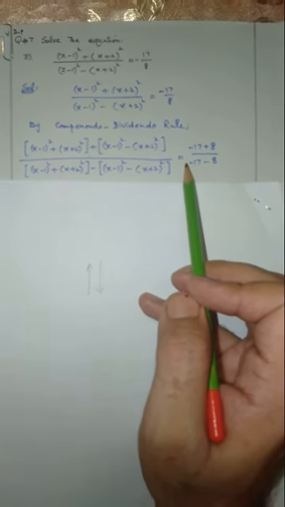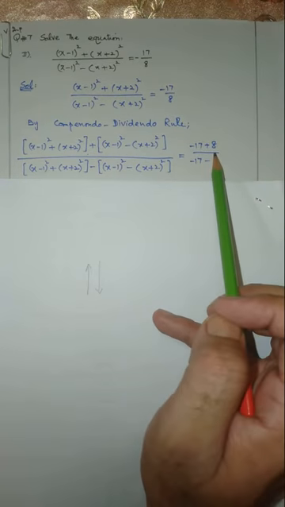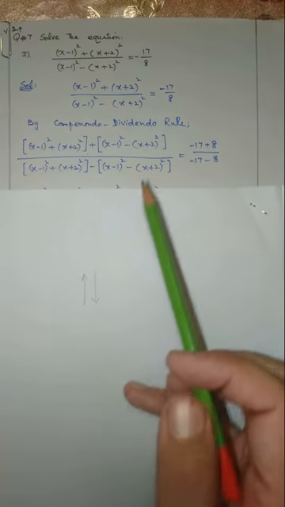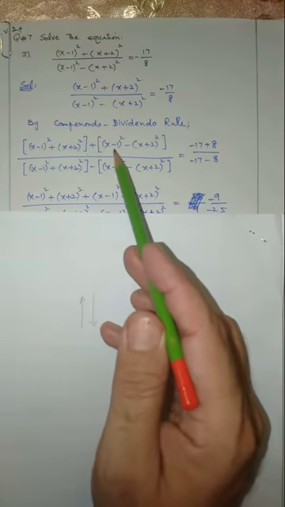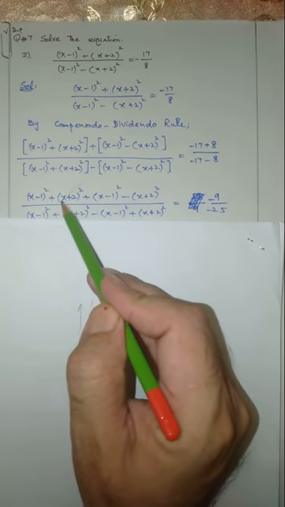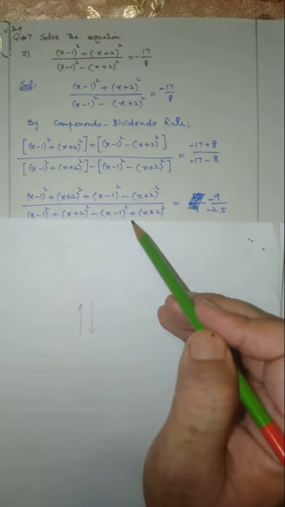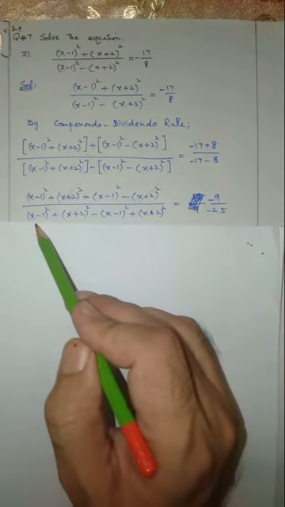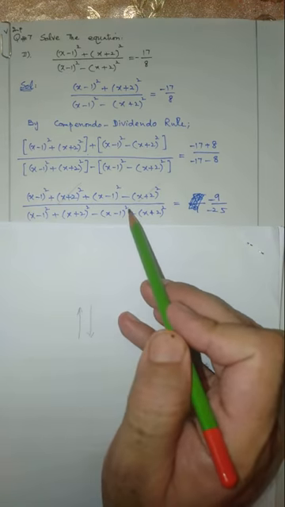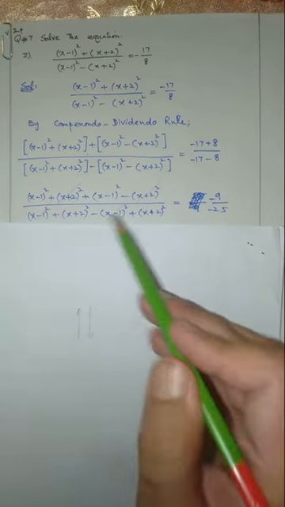The same process on the other side. Numerator plus denominator like this. Numerator minus denominator like this. So this is equal to, now open the brackets. Now (x plus 2) whole square has a plus sign and (x plus 2) whole square has a negative sign. So both are cancelled with each other. Again, (x minus 1) whole square has a positive sign and (x minus 1) whole square has a negative sign. These two terms will be cancelled.